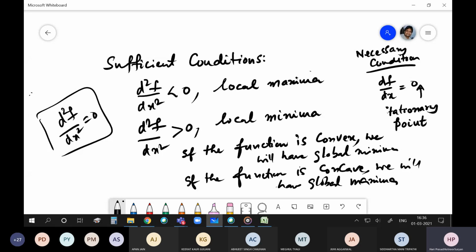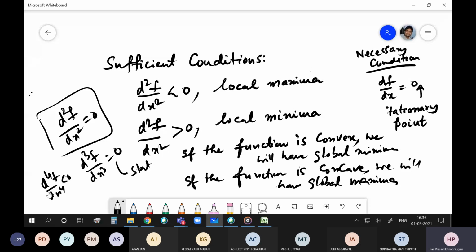That means you have to go for d cube f by dx cube equals 0. If this is 0, then it's a stationary point. Then go for d4 f by dx power 4. If it is less than 0, you will have local maxima. Otherwise, you will have local minima if it is greater than 0. So you have to go on doing it. This is how we can find out